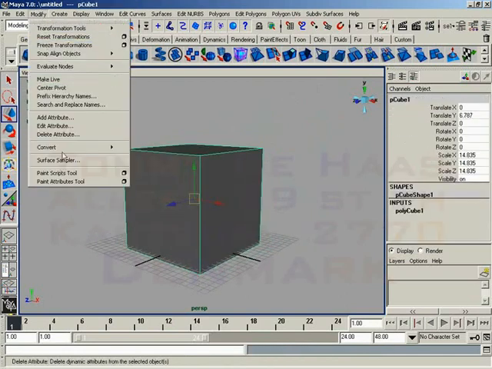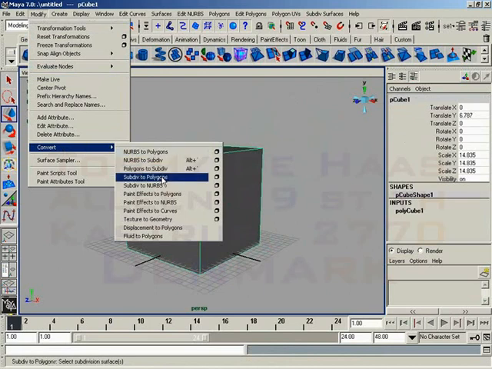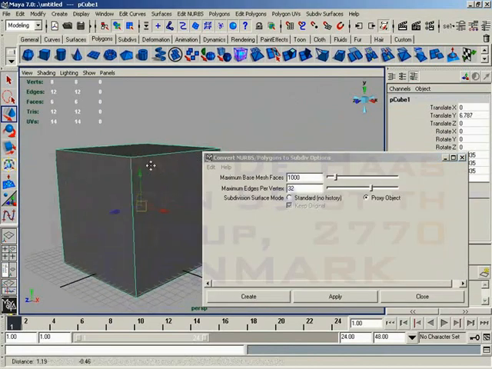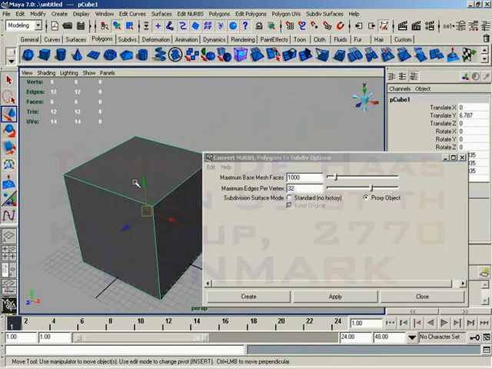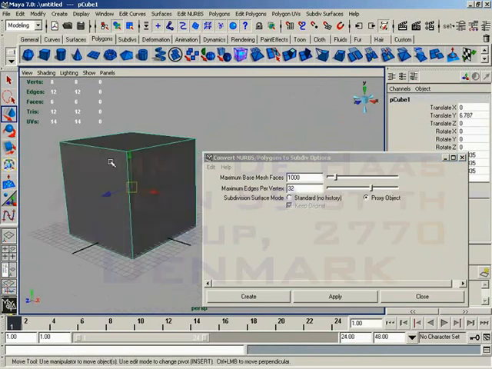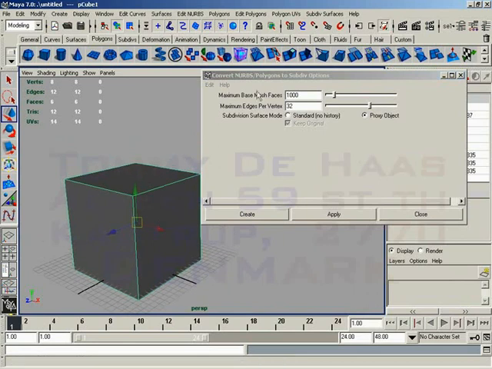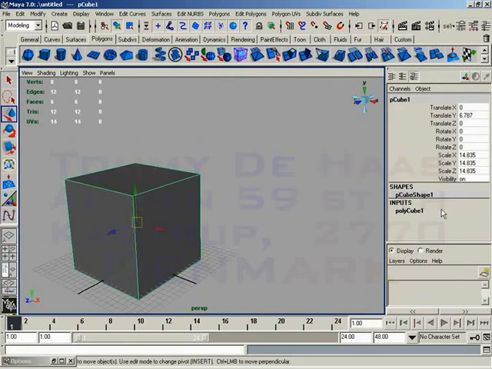We'll come back over to Modify, Convert, Polygons to Subdiv, and we'll open up our options. Now we have Maximum Base Mesh Faces. What you're doing when you convert a polygon over to a subd is basically taking your polygon object and it is becoming the base mesh. Therefore, if your polygon object you're converting happens to have more faces than the maximum base mesh allows, then you